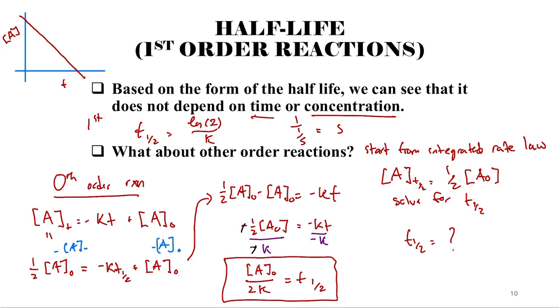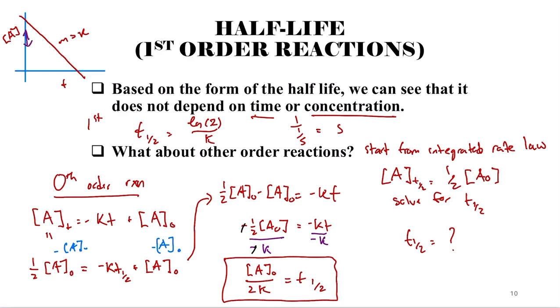Yeah, the change in concentration over the change in time, and it's directly proportional to the rate constant. So if we just keep the slope the same, and then we're just adjusting the initial concentration, that means we're just sliding this line